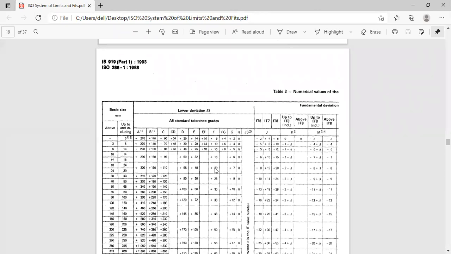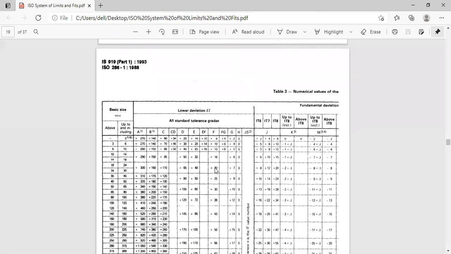F7 means IT7 for the hole. IT7 from the hole, and he will be giving some values in the table. After calculating the I, you substitute that value of I in 16I or 25I, 30I, according to the particular IT7 value which is given in the table. It is better you follow that one. This is only an alternate way for some of the students who try to work out alternate methods.